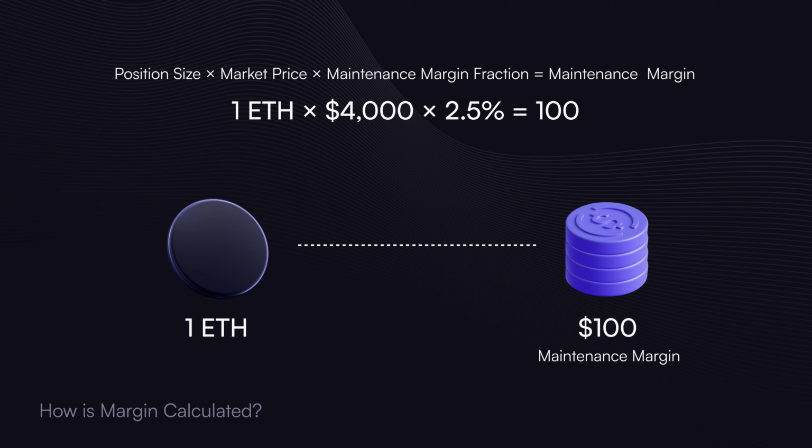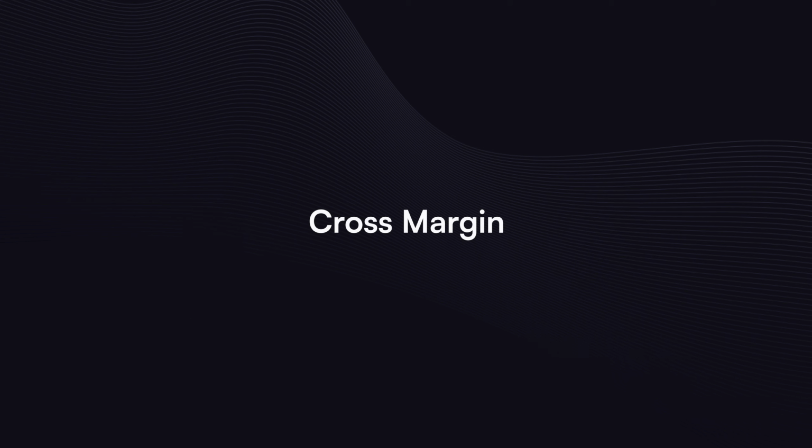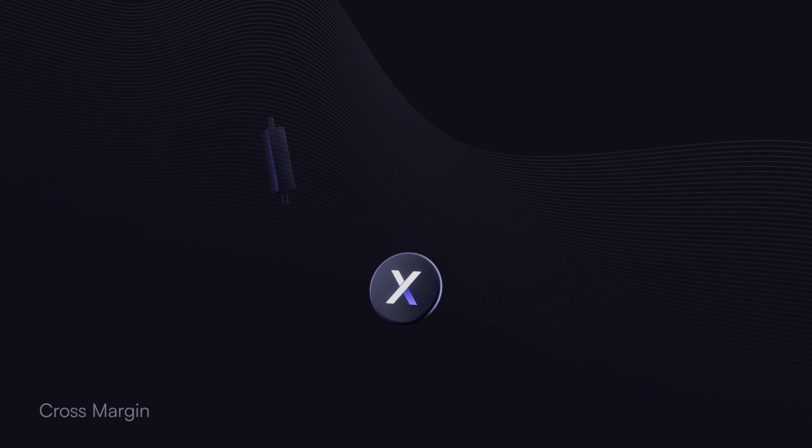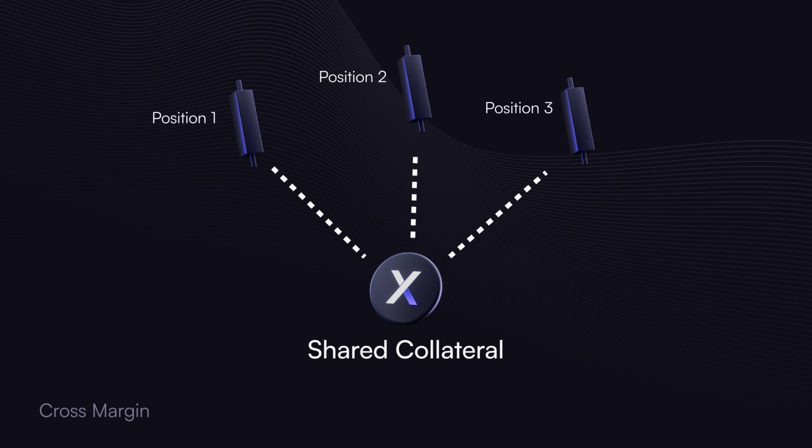If you want to dive deeper into how margin is calculated, check out the link below as it goes into much more detail. Now, let's take a closer look at the two margin types available on dYdX, starting with the default option, cross margin. When using cross margin, all of your positions share the same pool of collateral within your account. As you open new positions, they draw from this shared collateral, and profitable positions can offset losses from other